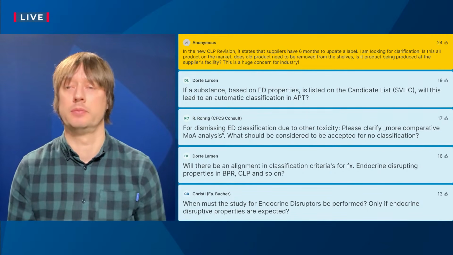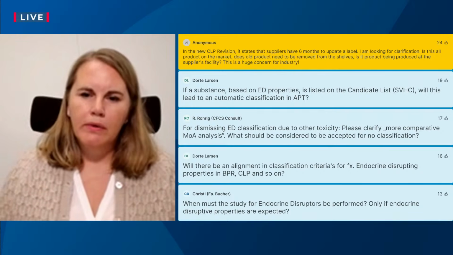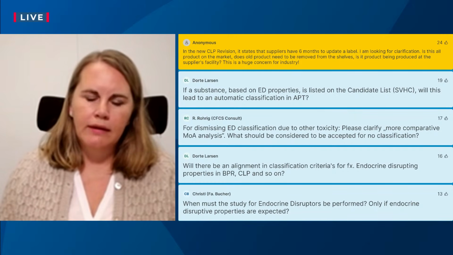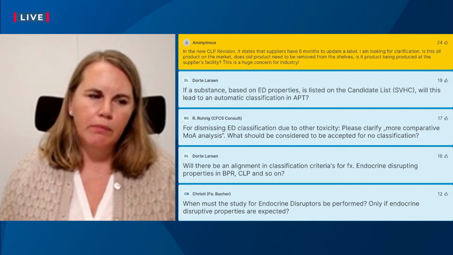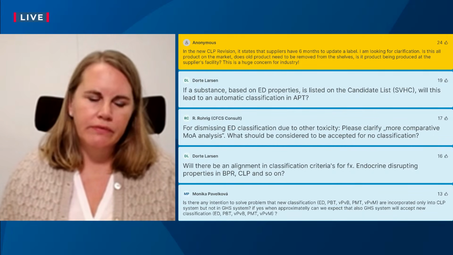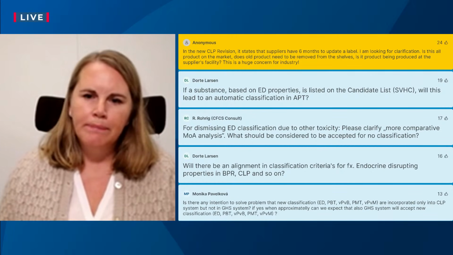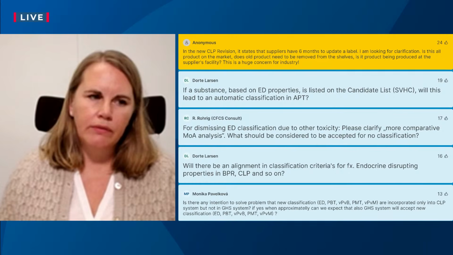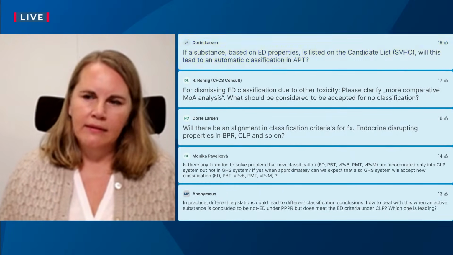Thank you, Simon. Well, this is a rather complex question, and as Kirsi already mentioned, the new CLP revision, which was published yesterday, lays down several transitional provisions for the benefit of industry, and we will come back to these in more details in our written response to the questions and also on our website in the coming weeks. Thank you very much.